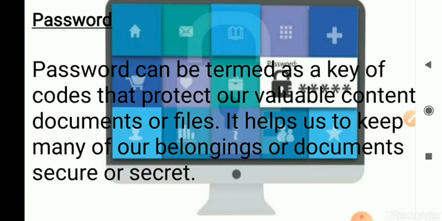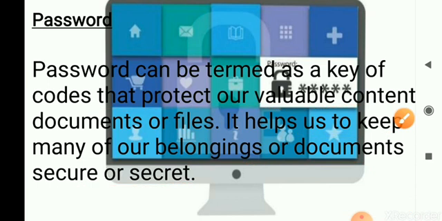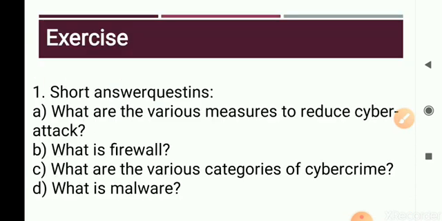But technically, a password is a key or code that protects your valuable contents, documents or files from unauthorized persons. It helps us keep your belongings, that is, your documents, secure or secret. Understand? In the next class we will learn what type of password we need to keep so that others will not hack your computer.